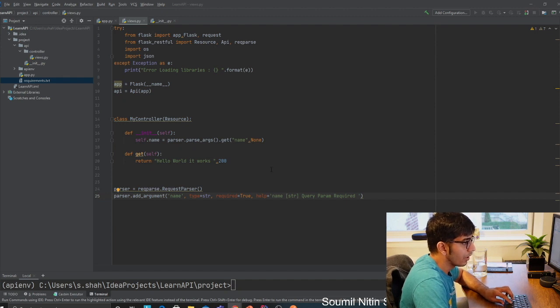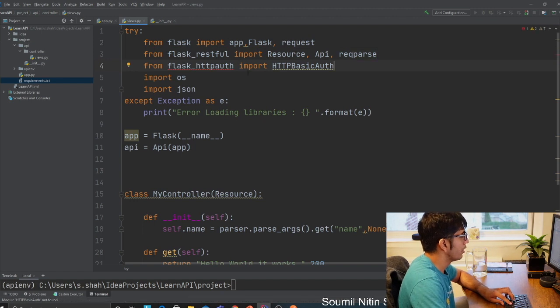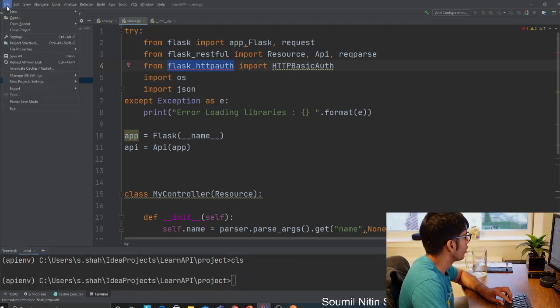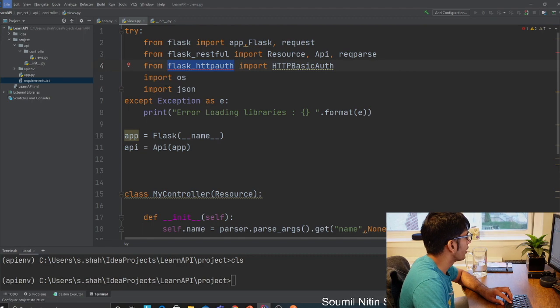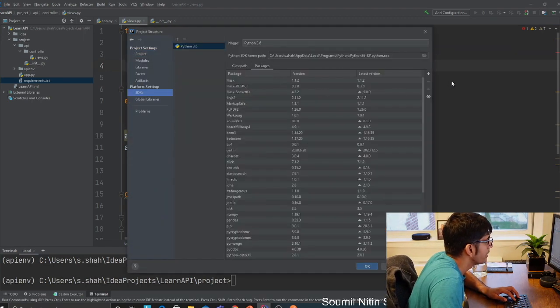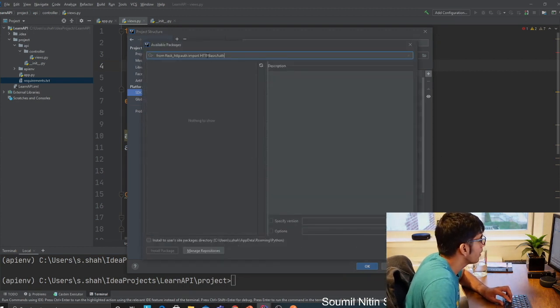First of all, once you install Flask HTTP authentication, import that using from flask_httpauth import HTTPBasicAuth. If you want to run your files from IntelliJ, then you have to go to File, go to Project Structure, and you have to actually install that, right? So you go to SDK, Packages, and you want to type that.